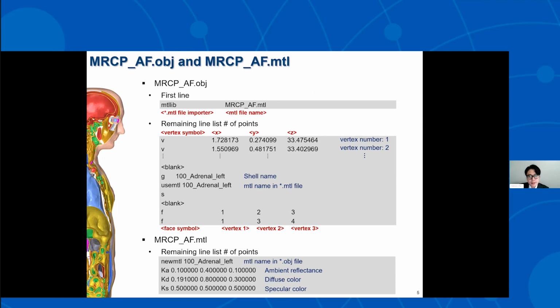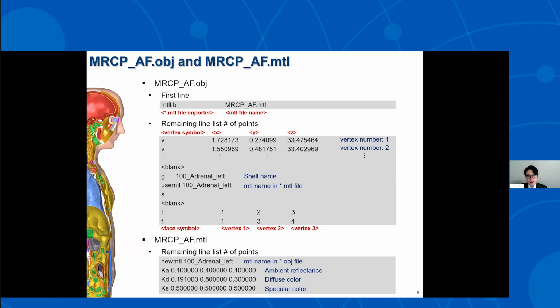Next are the object and material library files, which are for the polygonal mesh phantoms. Even though the ICRP 145 phantoms are tetrahedral mesh phantoms, the ICRP is providing the polygonal mesh phantoms as well for the users interested in modifying the phantoms, because they are compatible with many commercial 3D CAD programs such as 3ds Max, Rhinoceros, and Blender, thus making it easy to modify. Of course, these files can be used in some Monte Carlo codes such as Geant4, but as Dr. Yum said,